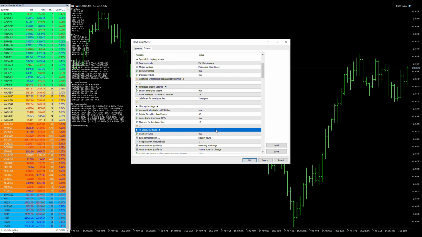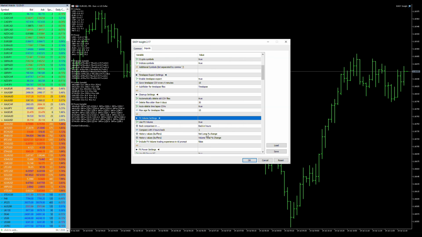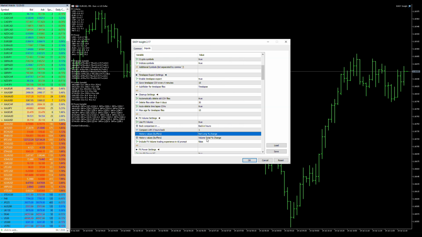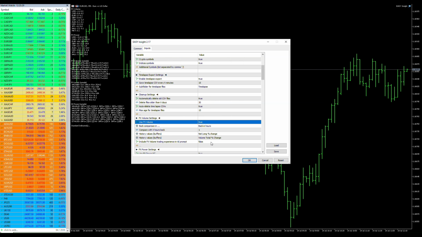Starting from here, we decide which indicators we like to use and what kind of information we request from them. Starting with FX volume, we use our usual net long percentage change, the volume percentage change, based on a 1 hour comparison as seen in the first chart with the currency overview. And if you don't have this tool, you can just simply set this to false. But if you have, just enable it, and EasyInsight will request it and export the corresponding information to the CSV